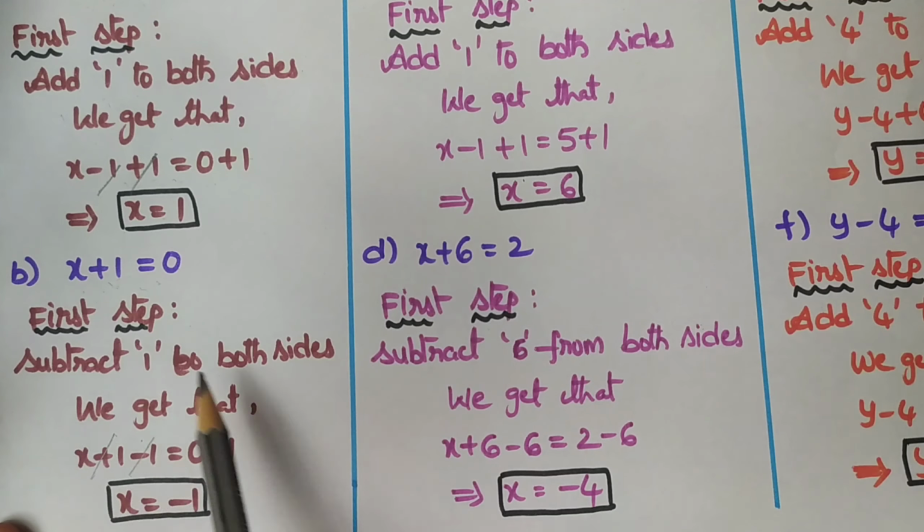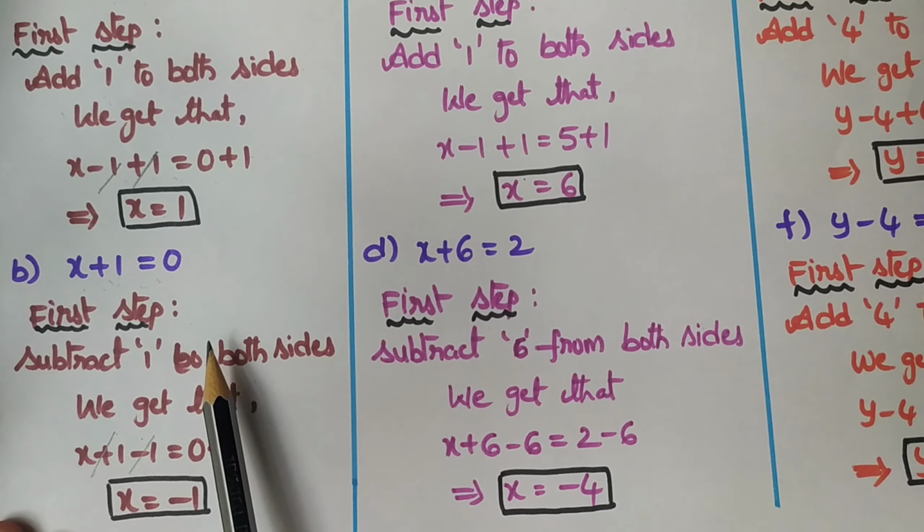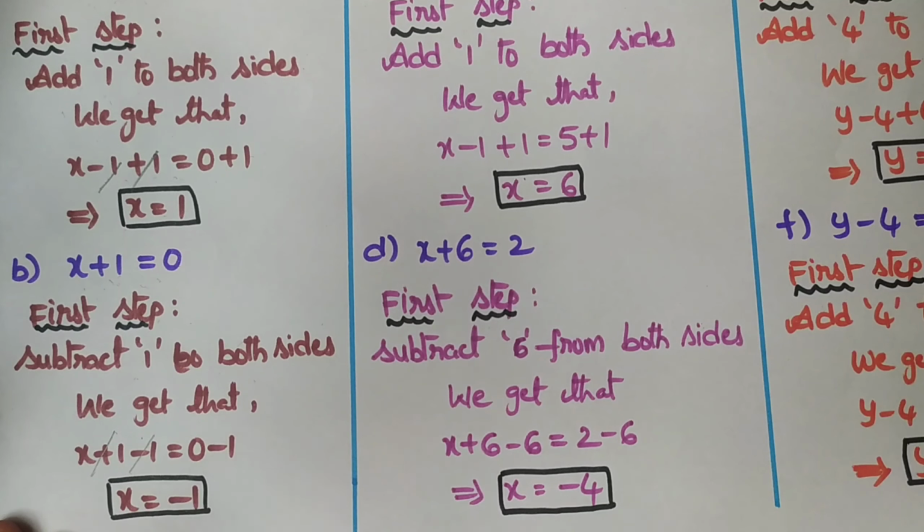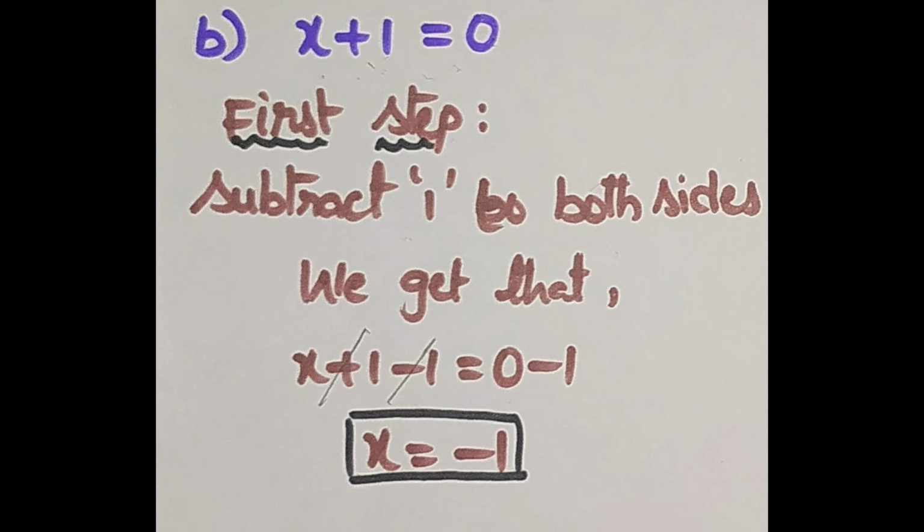Now this is how you write the statements. You have to write in the exam also in 7th class. When you go to higher classes, you can do the solution directly. In 7th, 8th and 9th classes, first step, subtract 1 from both sides. So you have to write the statement and then solve the equation in this way. Clear friends?